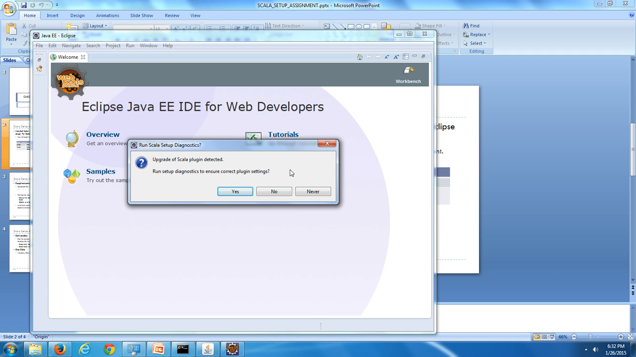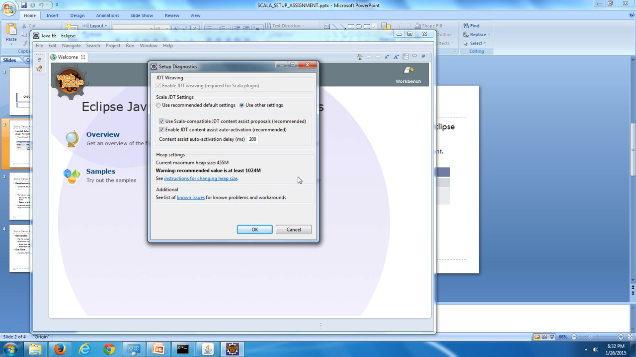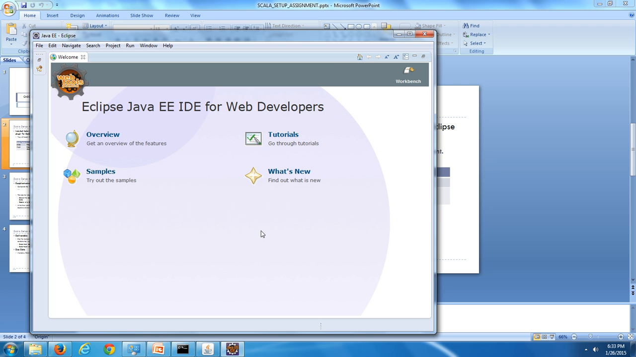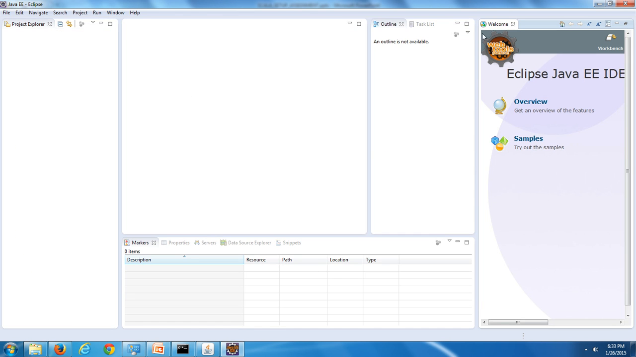Okay, so we're getting a dialog that says Run Scala Setup Diagnostics, Upgrade of Scala Plugin Detected. We're going to answer yes to this dialog. Okay, and in the Setup Diagnostics window, we don't need to make any changes. We're going to simply push on OK. Okay, and we'll get Eclipse set up again. Okay, we can close the startup screen,